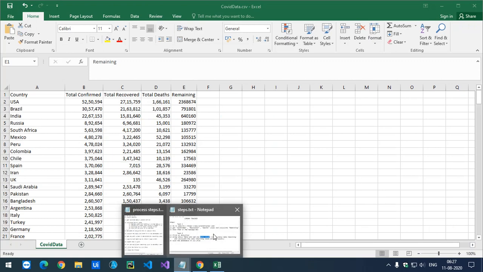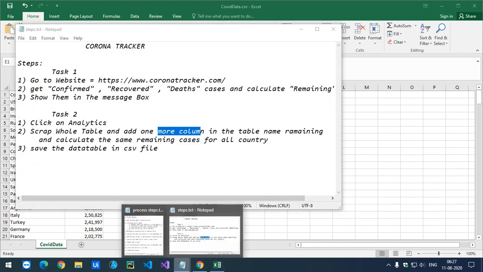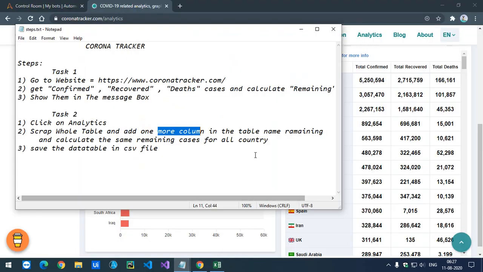So we are going to add that column in the data table itself, named remaining, and calculate the remaining cases for all the countries like we calculate here, and then save the data table in a CSV file. So let's move on to building.